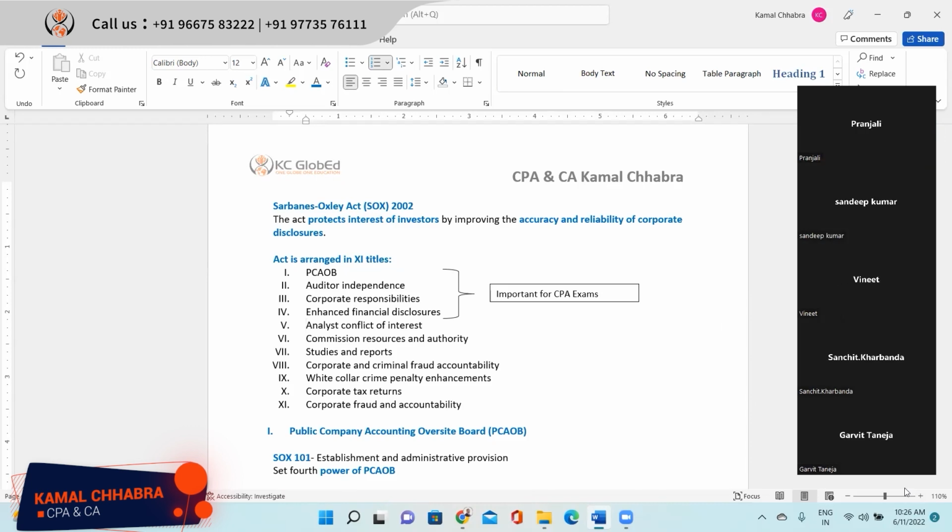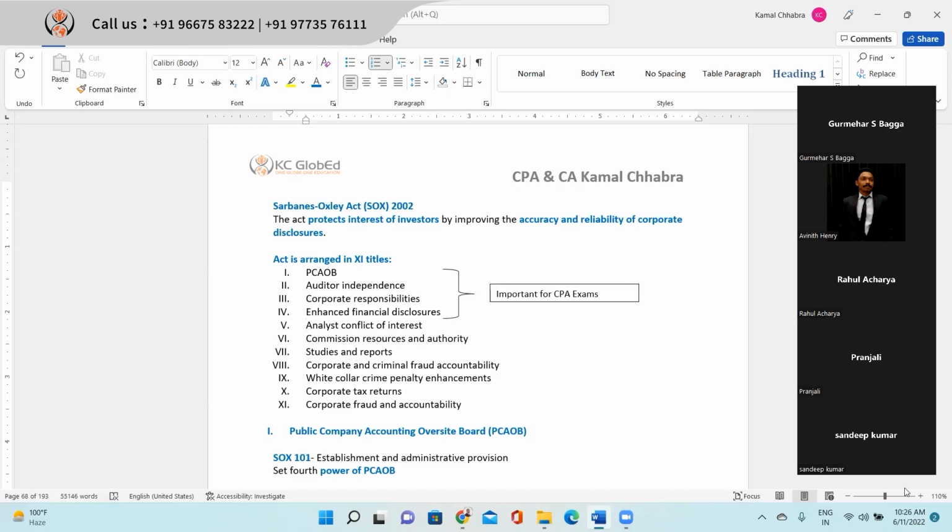Got it. So the key outcome of SOX is that the company has to report on their internal control framework, how strong and effective it is, and the reporting should be independent. The key two management responsibilities which we discussed are preparation of financial statements and designing and operation of effective internal controls. So it talks about how strong the internal controls are, and there should be independent reporting on that. Yeah, that's true.